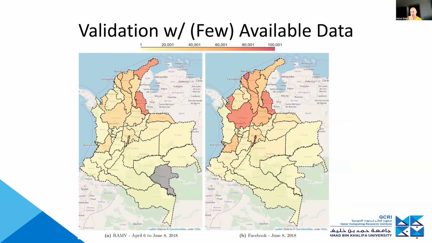Now, we also try to do some subnational validation. Here I'm showing data from Colombia. On the left, you have data that was collected by the Colombian government around May, June 2018, based on self-registration. Basically, migrants from Venezuela were asked to please come and register themselves at certain locations. On the right, you see data from Facebook that was collected around the same point in time. Now you see some similarities, but also some differences. For example, on the border, both of these data sources suggest a fairly large number of migrants, but then Facebook data in particular also picks up a larger number further inland.